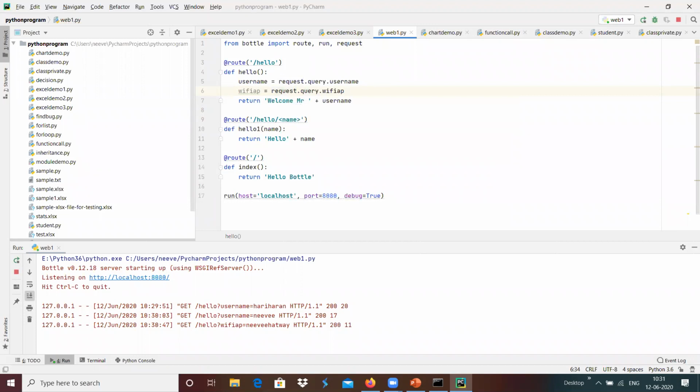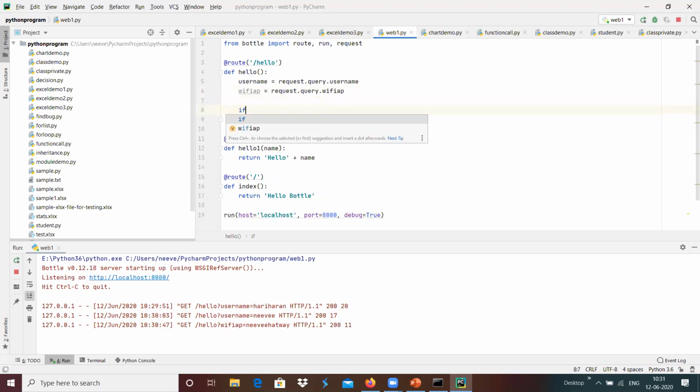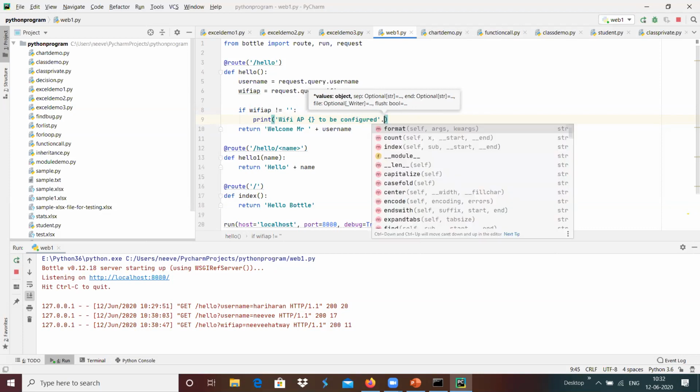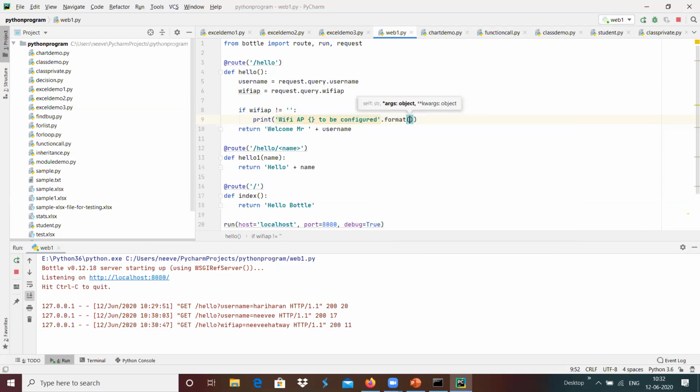And if Wi-Fi AP not equals empty, then I'm going to print the Wi-Fi access point to be configured, dot format of Wi-Fi AP.